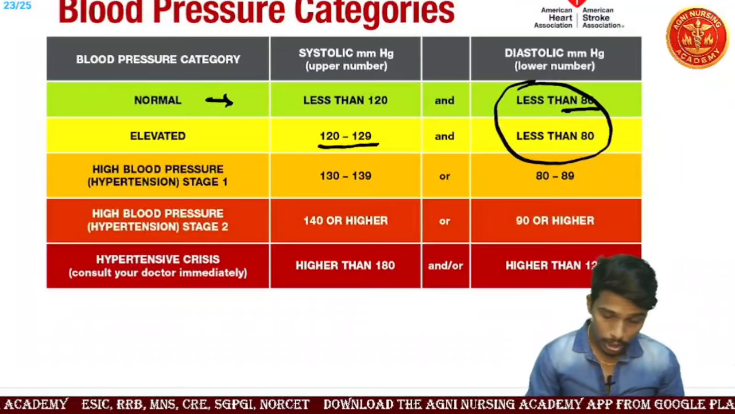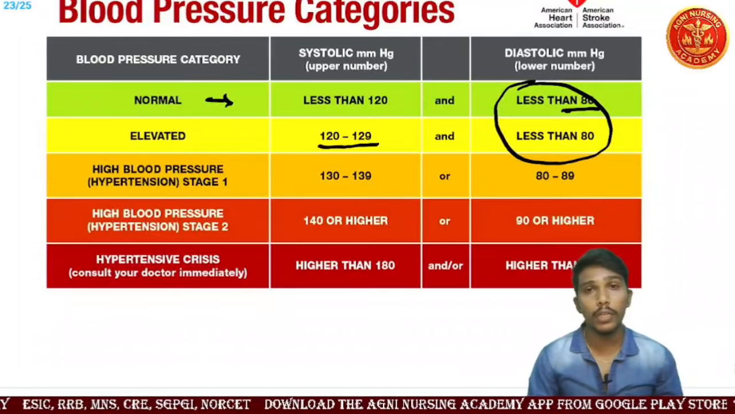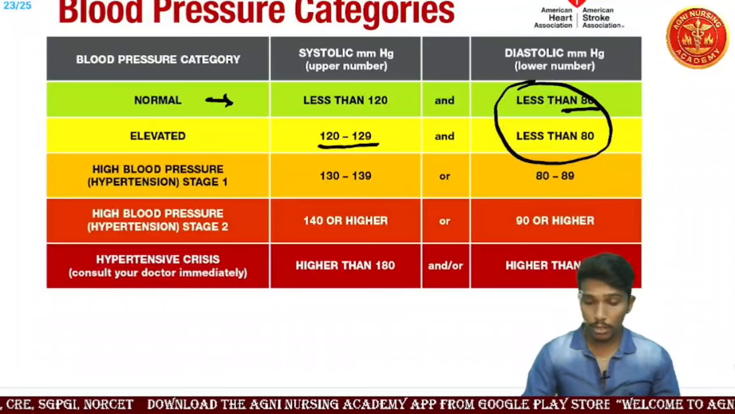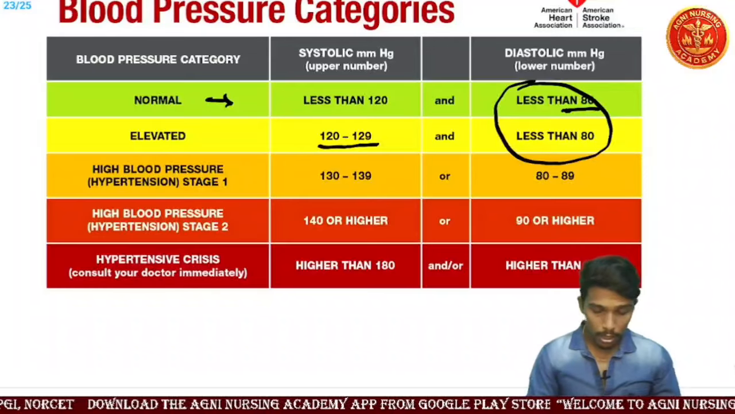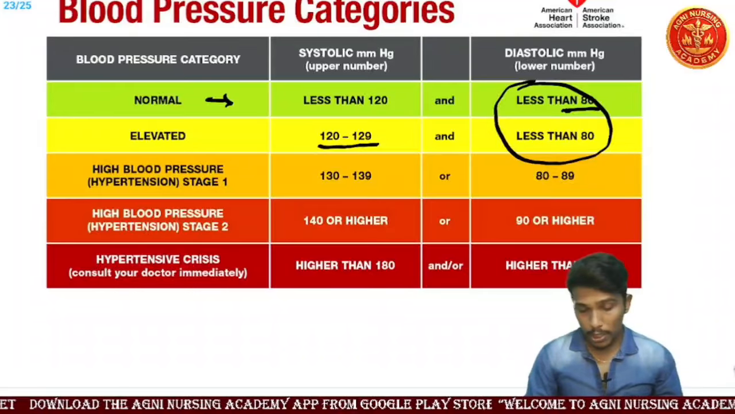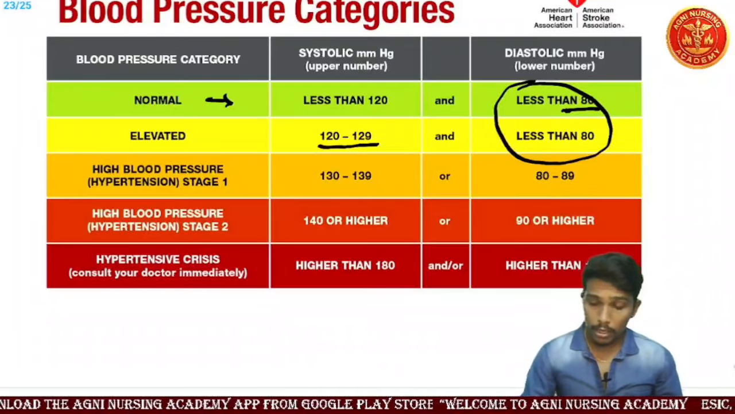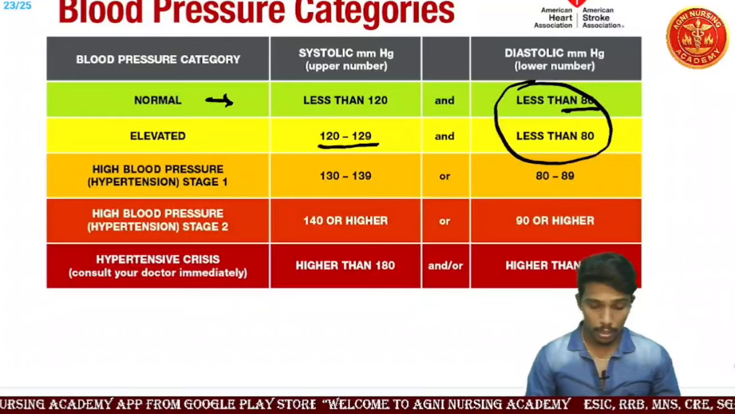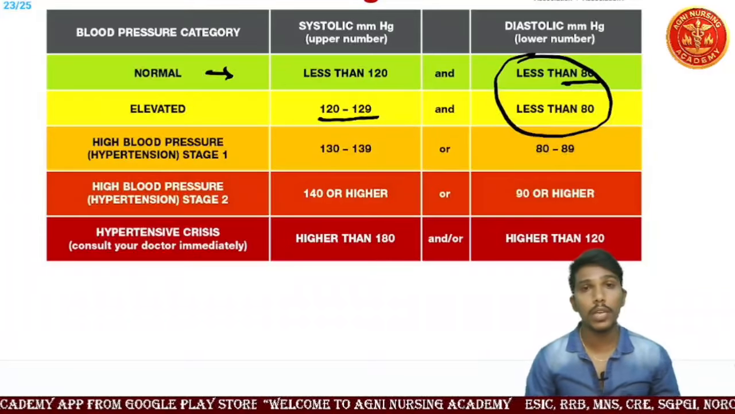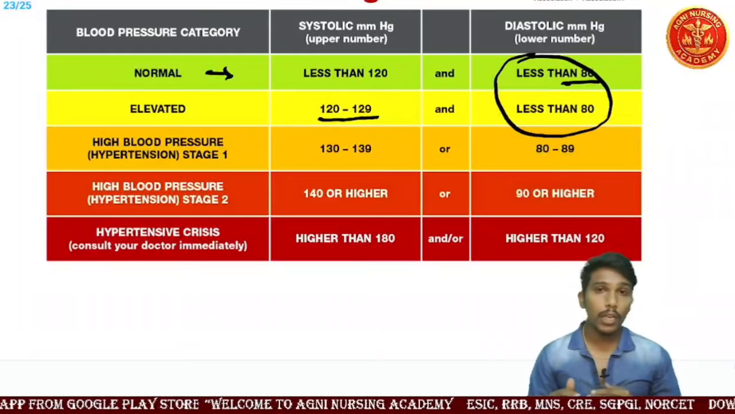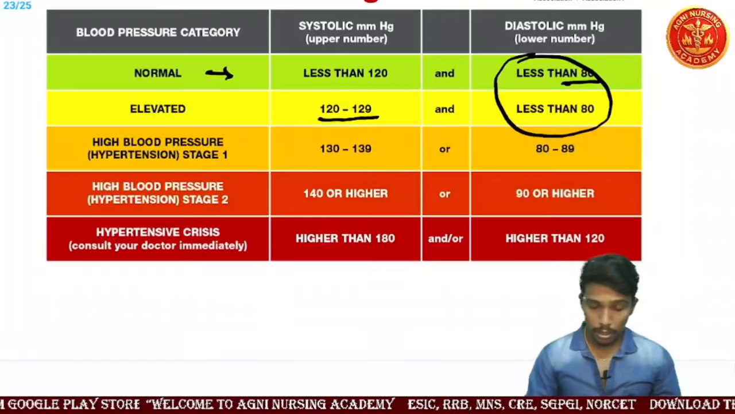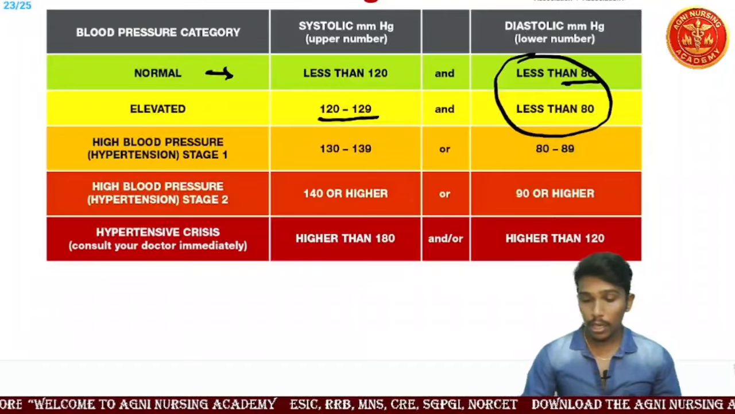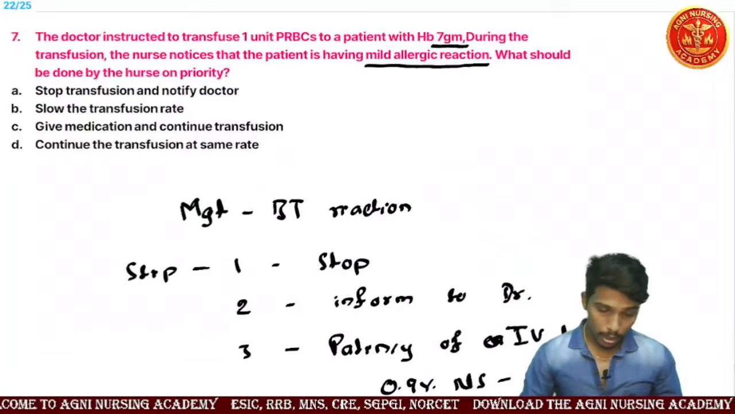Okay, then stage 1: BP is 130 to 139, and diastolic 80 to 89 is considered stage 1 hypertension. Coming to stage 2 hypertension, BP is 140 or higher, and diastolic is 90 or higher. So this is the second stage. Coming to the hypertensive crisis, this is the last stage. We have to inform the doctors immediately: systolic BP is more than 180, and diastolic is higher than 120. Then coming to the options,